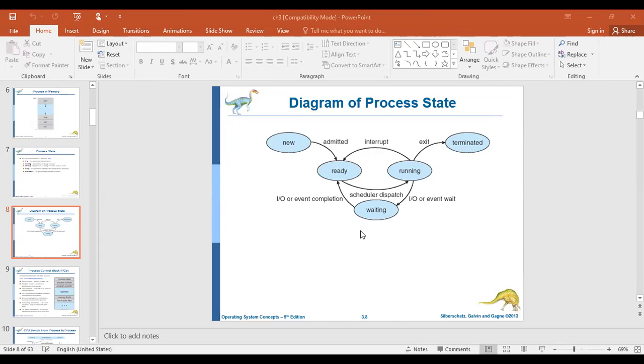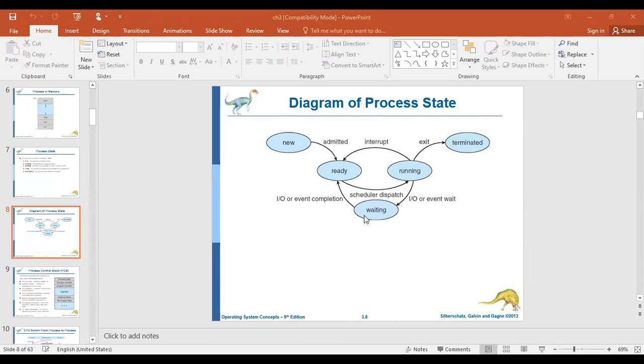During the execution of your process, if it needs the services of IO devices, what happens in that case? The execution of your current process is temporarily suspended and it is moved from the running state to the waiting state in order to get the services of the IO device. Once it gets them, it is moved from the waiting state to the ready state, because after completion of the IO operation, it again needs to be executed by the CPU.